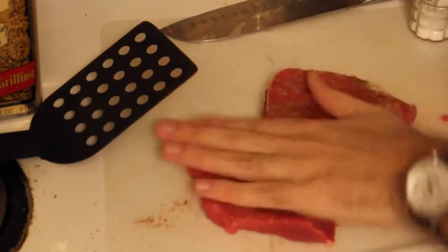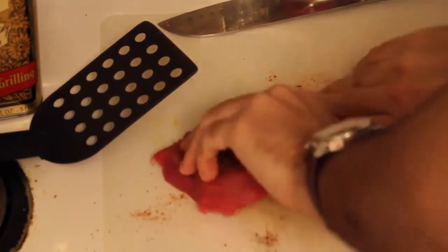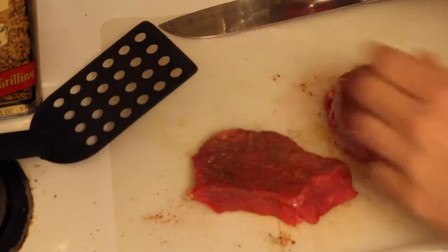Let's get that on there. And then you just repeat on the other side. Oh, look at that steak. Bam. I'm a little stressed out, and it is Wednesday night, so...